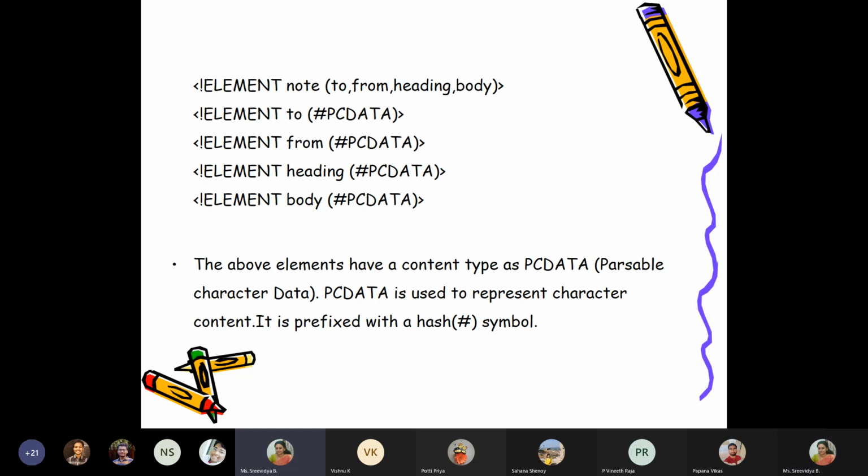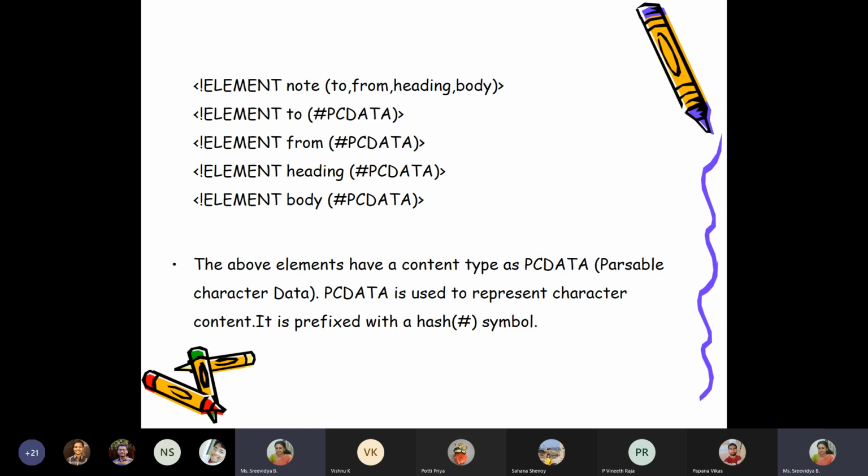Now, when you define a container tag, you are telling that there are four child tags, to, from, heading, and body. Okay. So you need to specify what is the type of elements these four also, which means that when I define a container tag, my job is not done just by specifying what are the child tags.